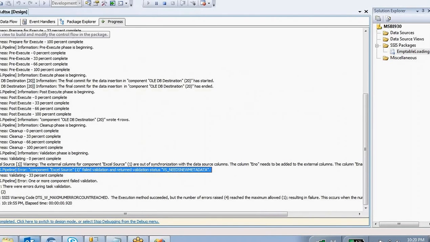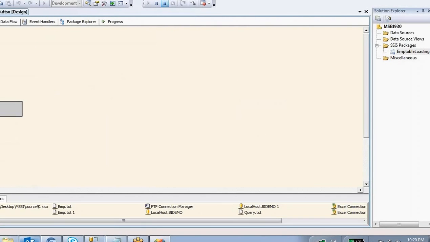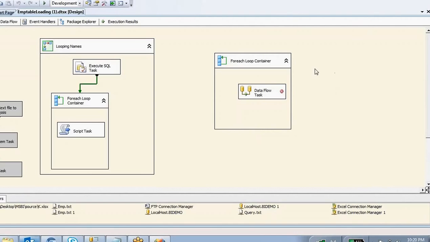What I am suggesting you guys is to try to create the same structure and same process and execute from your end. If you get that same error, then we'll see tomorrow. This is the way you have to load the data. I will explain it one more time with successful green symbols in tomorrow's session.